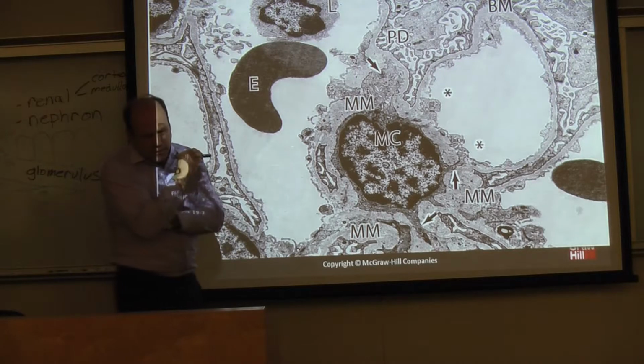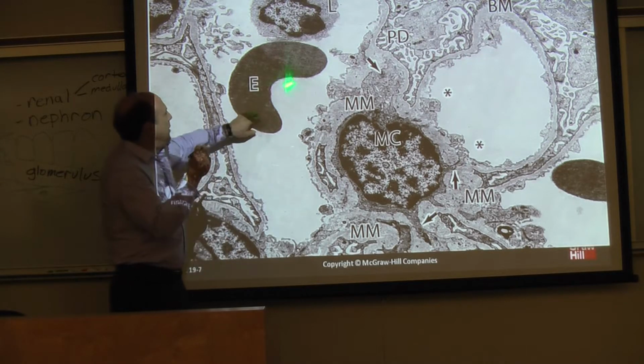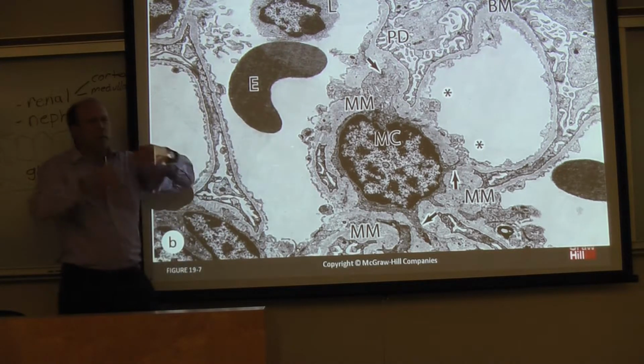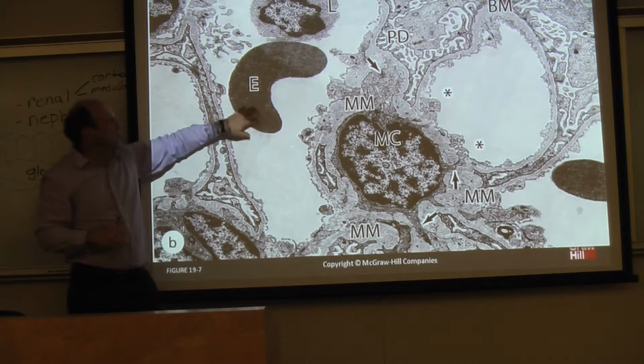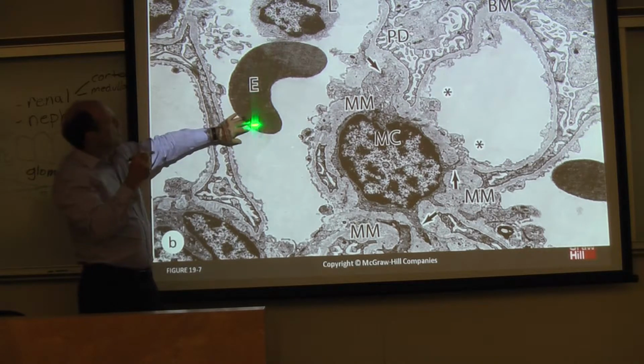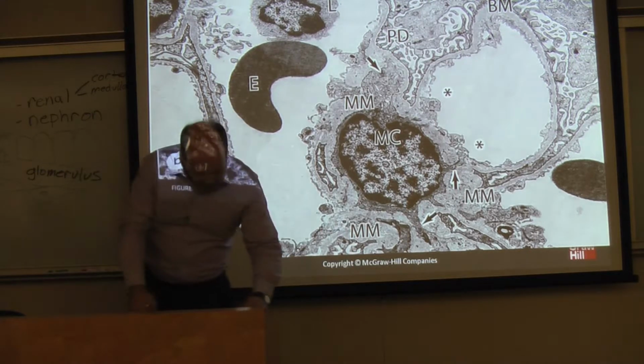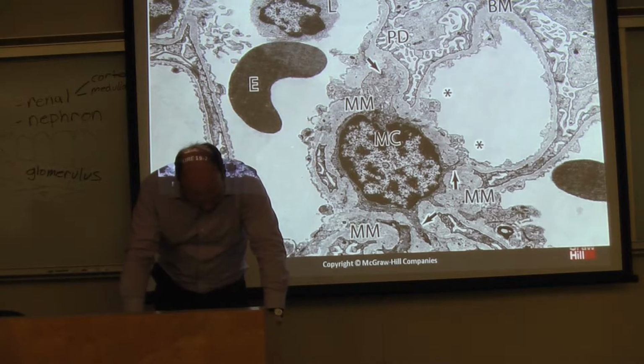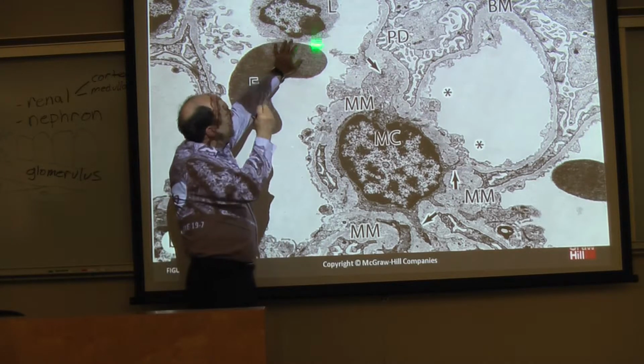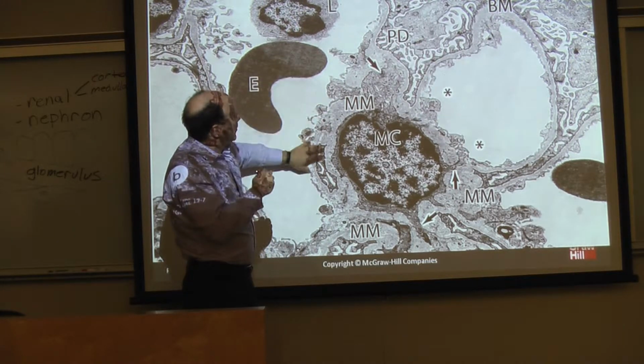And so this is the kidney, but E is an erythrocyte. Remember how they're disc-shaped? I think it's kind of a cool picture because it relates back to what we discussed about blood cell types. And you see them here. There's a lymphocyte here in this capillary,